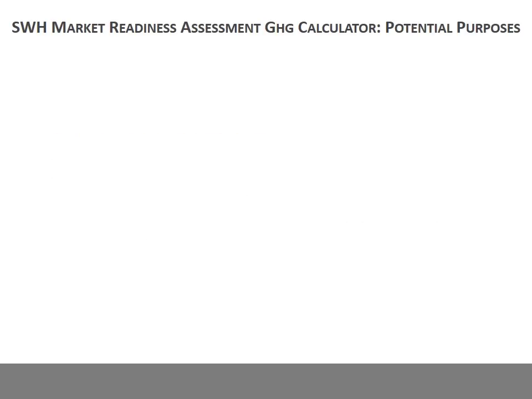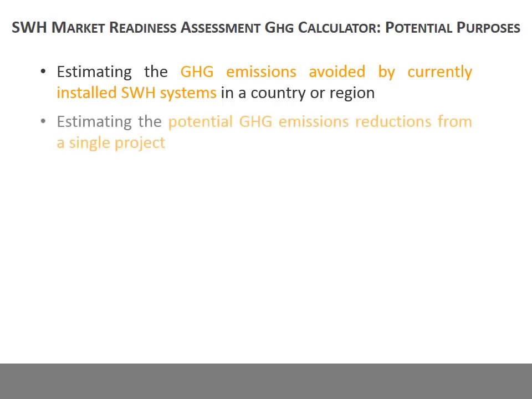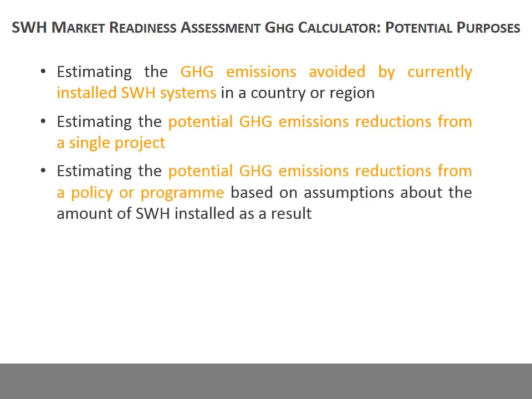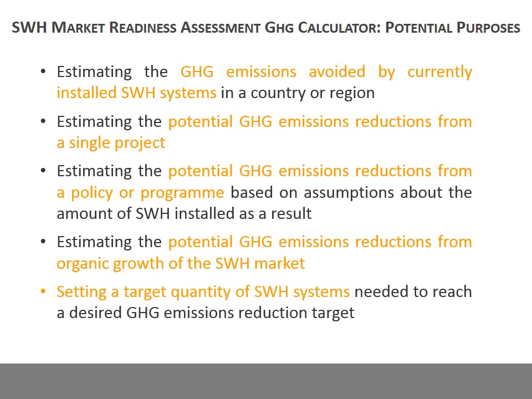It is possible to use the Excel-based greenhouse gas calculator for a variety of purposes, including estimating the GHG emissions avoided by currently installed solar water heating systems in a country or region, estimating the potential GHG emissions reductions from a single project, estimating the potential GHG emissions reductions from a policy or program based on assumptions about the amount of solar water heating capacity installed as a result, estimating the potential GHG emissions reductions from organic growth of the solar water heating market, and setting a target quantity of solar water heating systems needed to reach a desired GHG